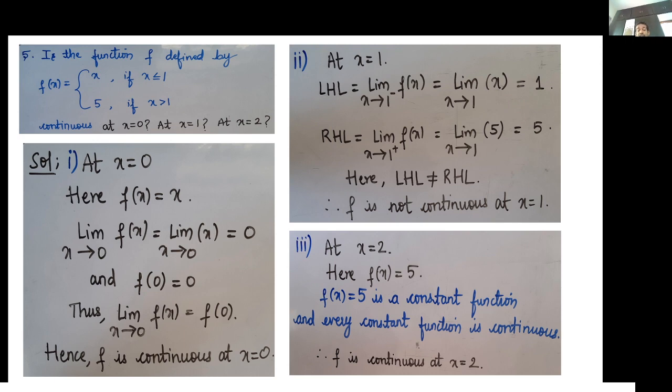So since we have shown that every constant function is continuous, here I can conclude that this function f of x is equal to 5 is also continuous. Since f of x is equal to 5 is a constant function and every constant function is continuous, I can conclude that this function f of x is continuous at x is equal to 2. So using our previous results, you can show continuity easily. Okay,